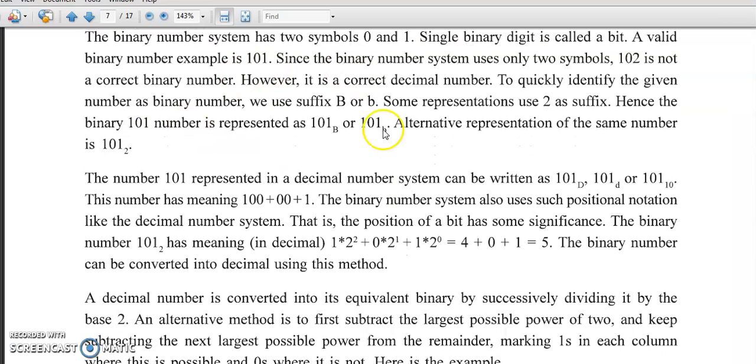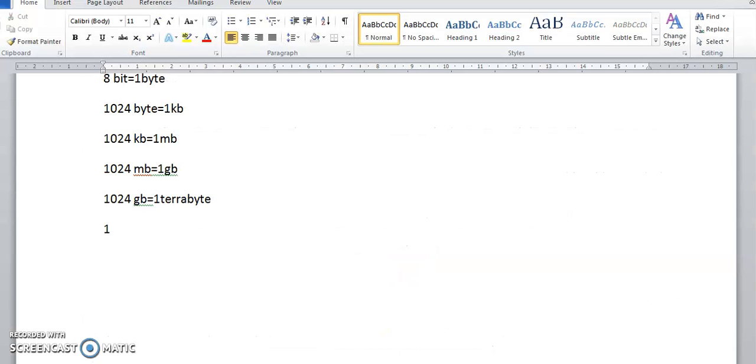Today we are going to see what the binary number system is. First, 0 to 9, the digits 1, 2, 3, 4 up to 9, and 0. This is called the decimal number system. Why is it called decimal? Because its base is 10. Base is 10. What does that mean? Suppose I write here